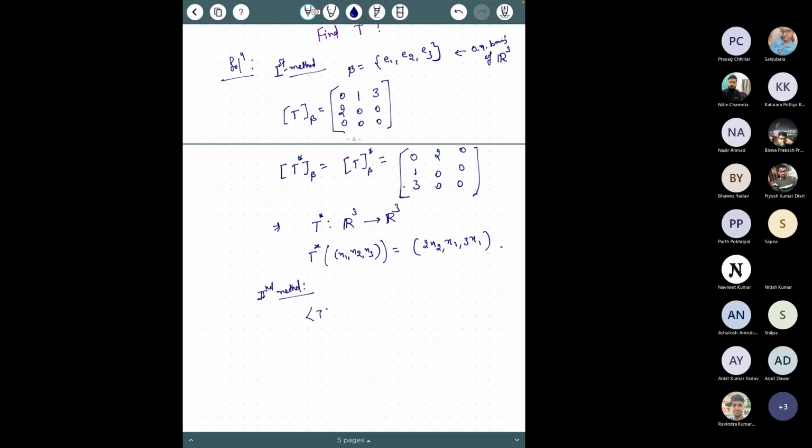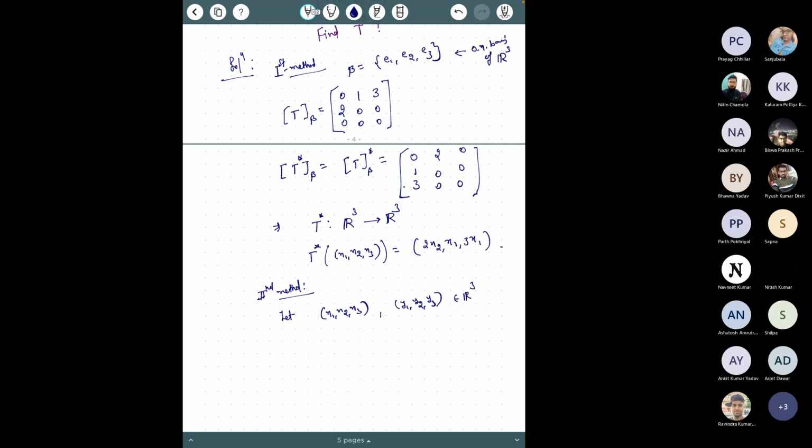That means the inner product of T x with y is equal to the inner product of x with T star y for all x, y. So this is another way to find T star. If I take two vectors, x of this form in R3 and y of the form y1, y2, y3